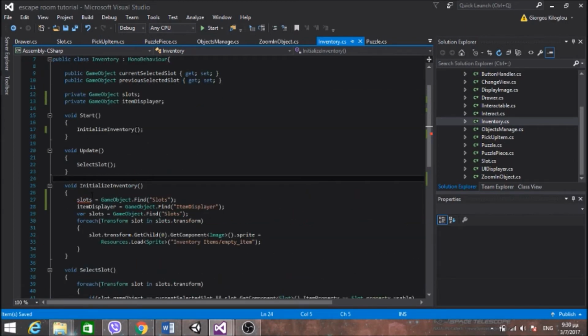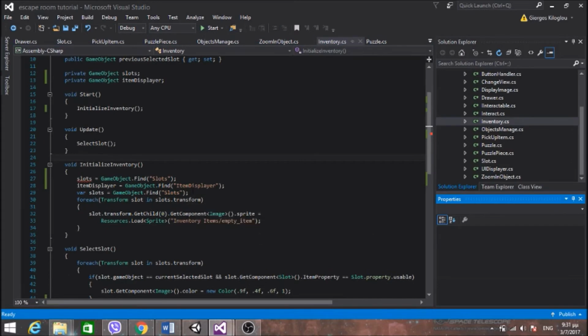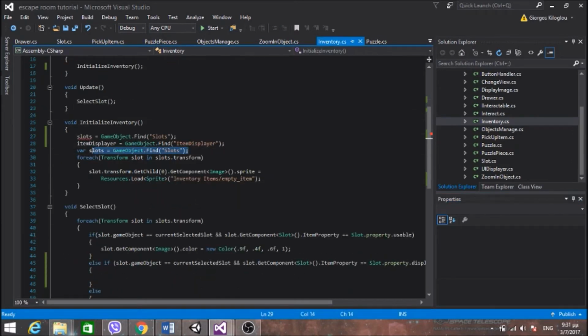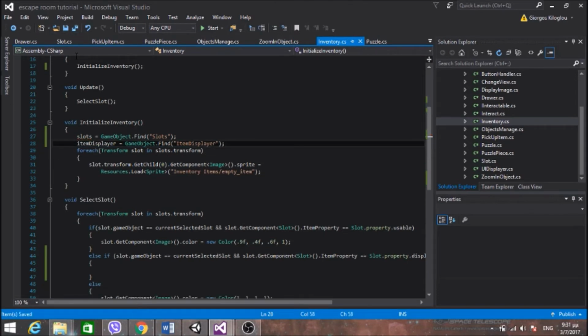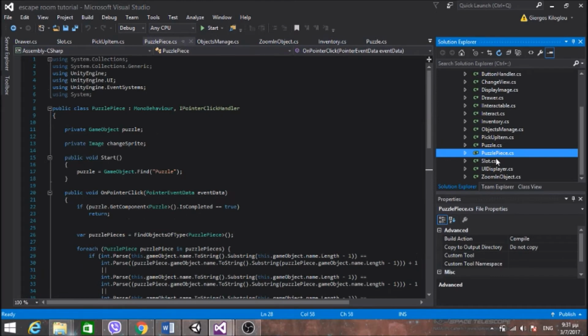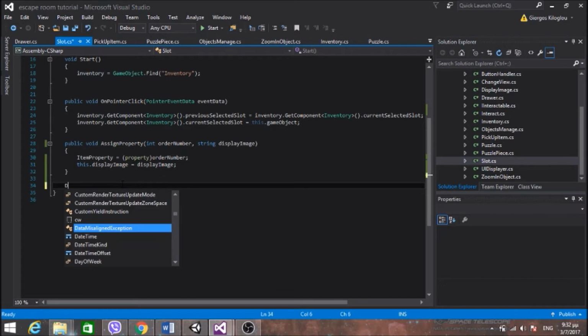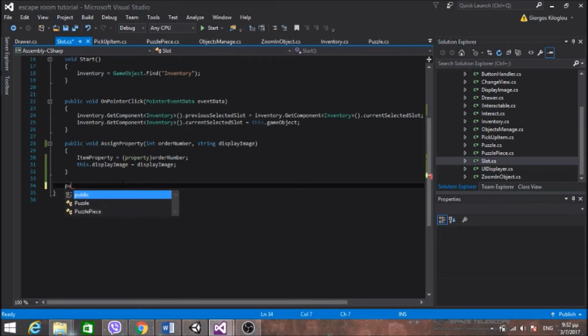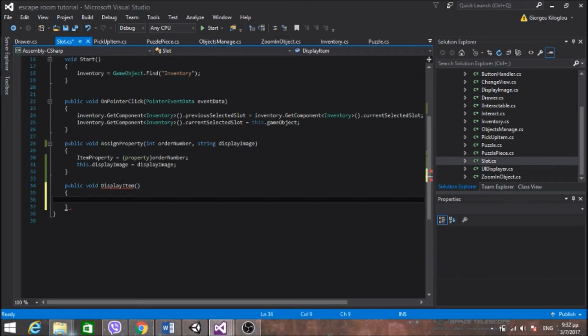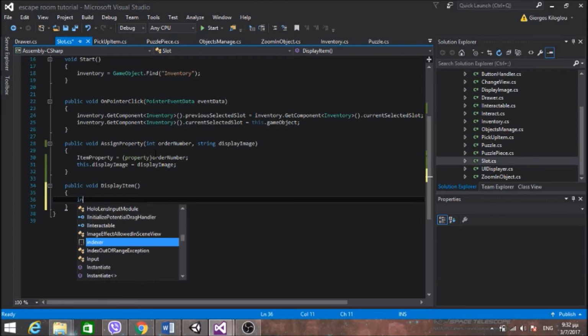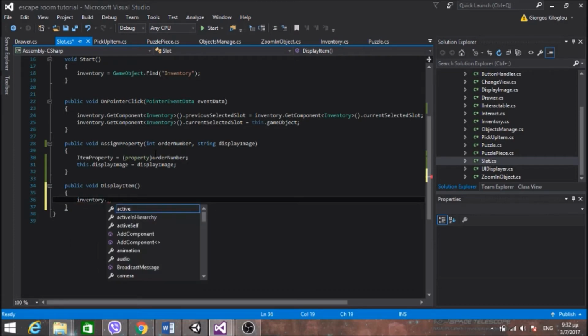But here, oh, I'm also doing passwords here. I don't want that. I don't need that. Cool. What was the next thing I wanted to do? It was right here, yeah. Display item, void display item. So with this function I'm going to display the item, and it will be the inventory, and